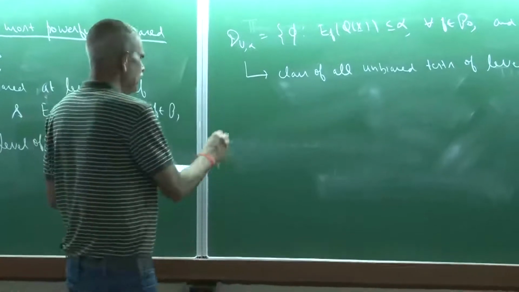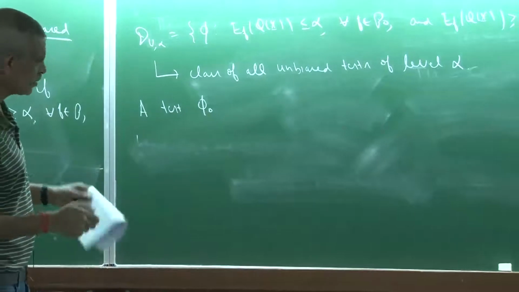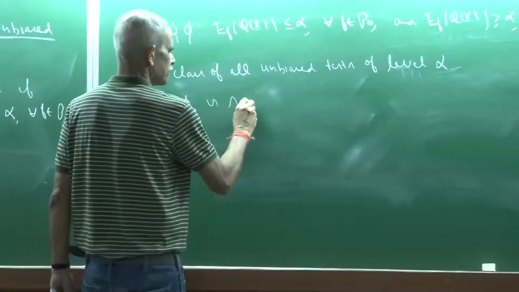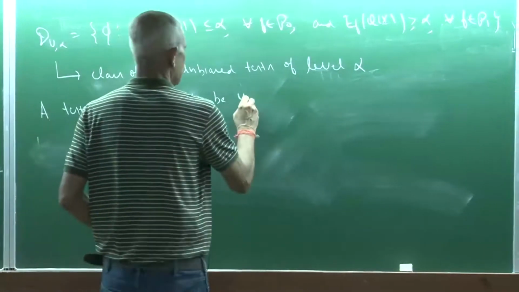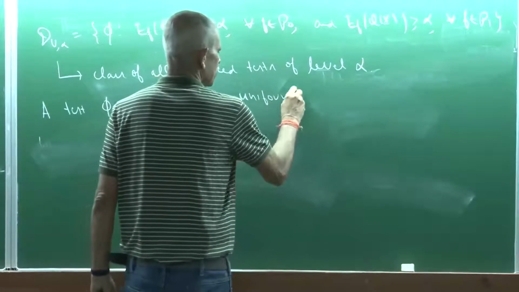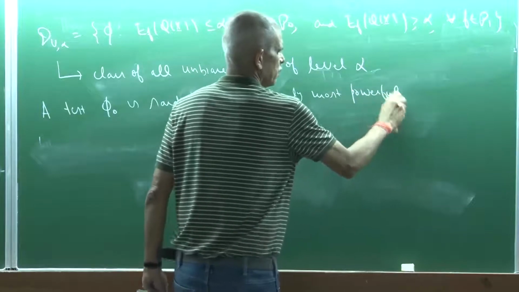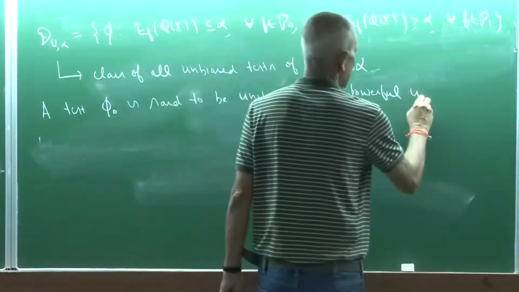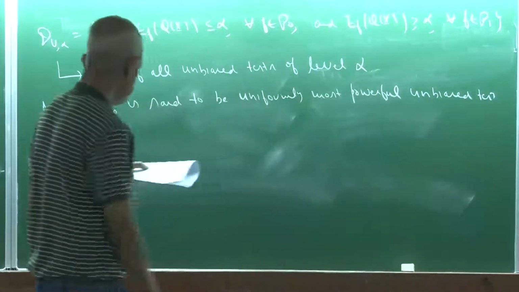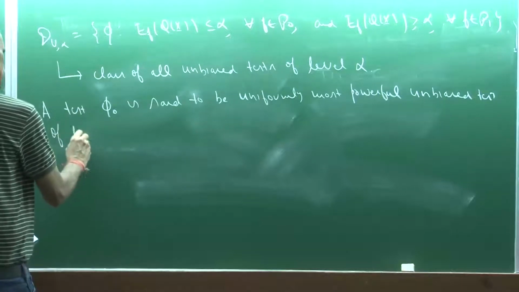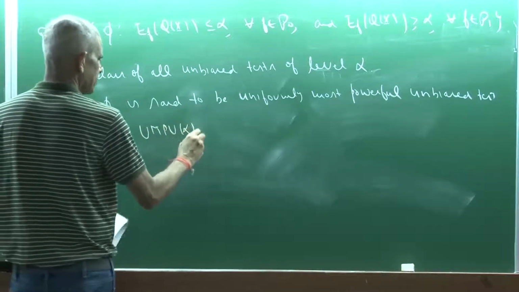So I say that a test phi naught is said to be a uniformly most powerful unbiased test of level alpha, which you also call a UMPU alpha test,